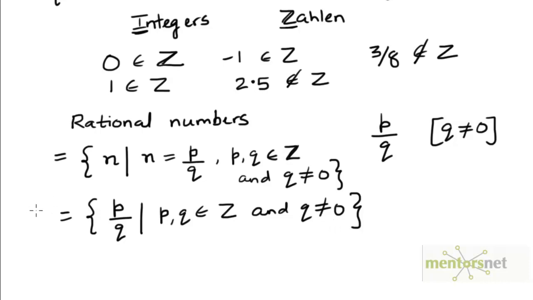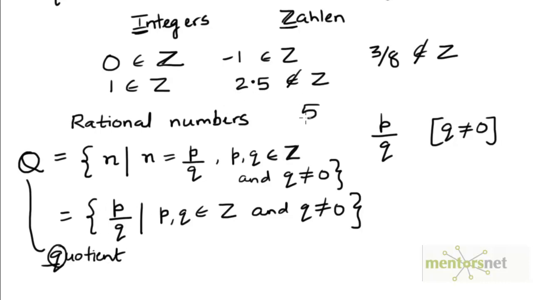The convention is to represent the set of rational numbers by the letter Q. So you can think of this Q as being the first letter of the word quotient. Since we are taking p and dividing it by q, we are performing a division here in defining a rational number. So there will be a quotient of that division, and you can think of Q as representing the first letter of the word quotient. Of course, the value of the rational number will be the actual value of the division operation.